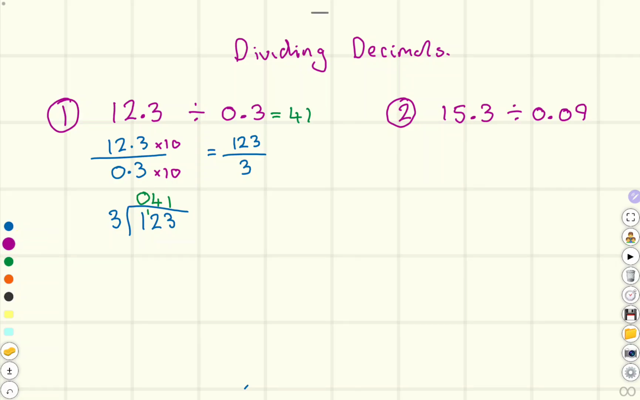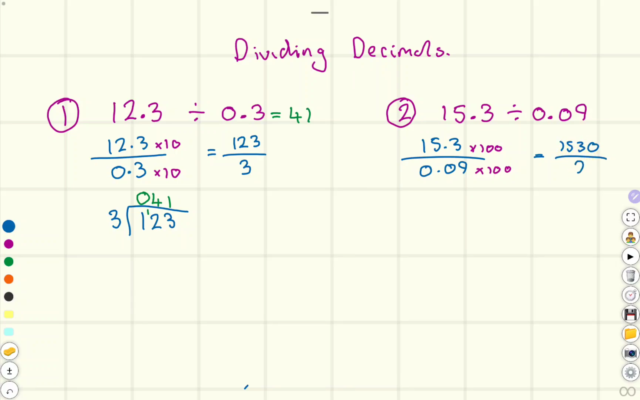Fantastic. So let's have a look at example number 2. So this should be 15.3 divided by 0.09. And we may see we can't divide by this number because the number on the bottom is a decimal. Now this time it has 2 decimal places, so I will need to multiply the top and the bottom by 100 in order to make it possible to use the bus stop method on. And that's going to be